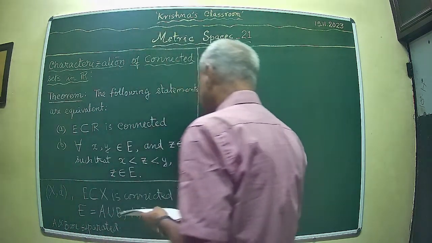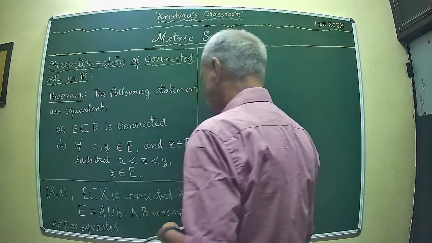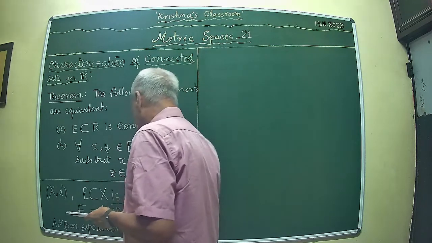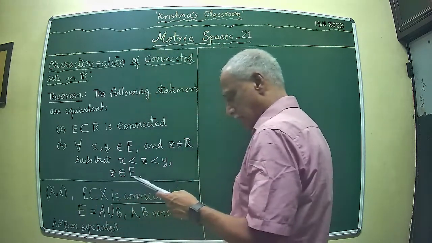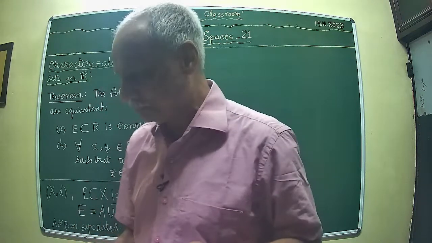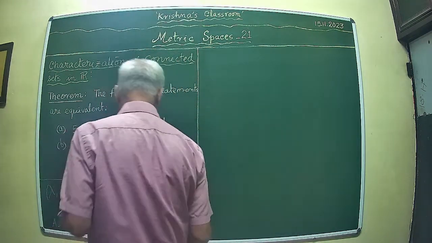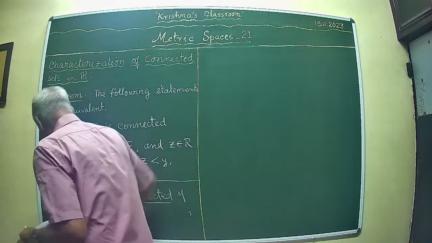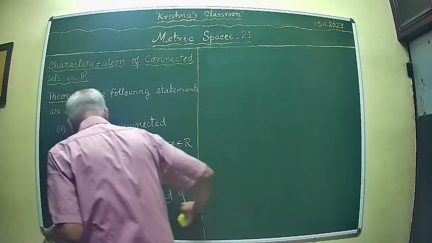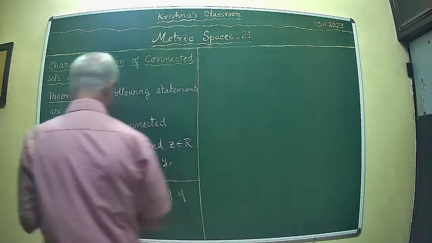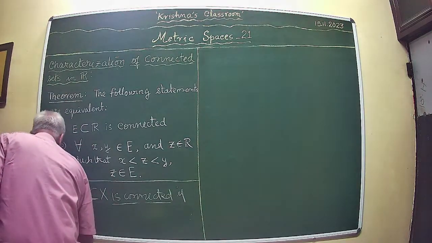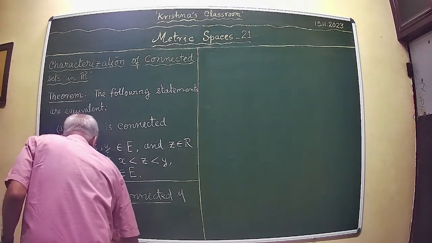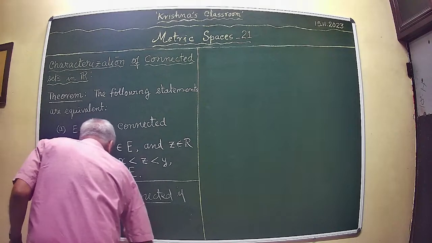Sorry, I think I made a slip here. E contained in X is connected if E is not a union of separated